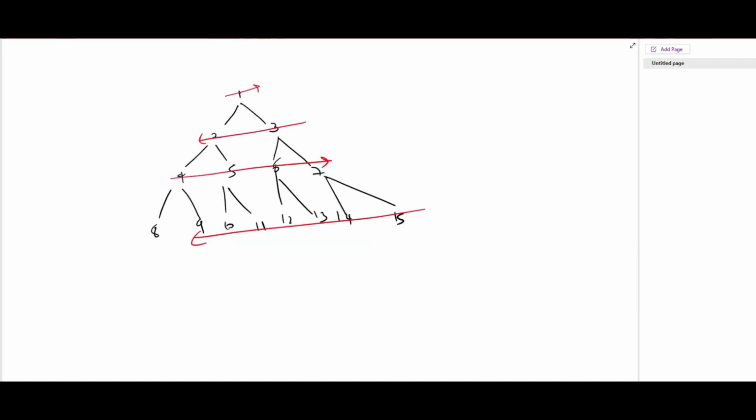So today's GFG problem is about ZigZag traversal, right? So first you have to basically print 1, then 3, 2, then 4, 5, 6, 7, and then 15, 14, 13, 12, so on. So, okay, to do this, you can do a normal BFS traversal and then alternate those traversals,